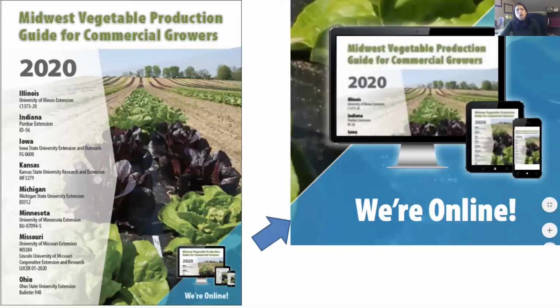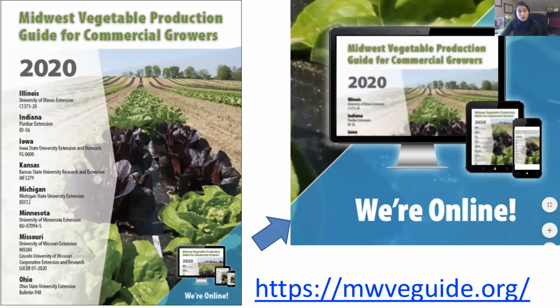So I'm bringing this up because now the Midwest Vegetable Production Guide for commercial growers has a couple of tools online that you can use as you are making decisions on, number one, what sprays you are going to be using, and number two, in what sequence. So that you can plan to minimize the risk of pathogen fungicide resistance by planning your sprays in the following way. You visit the